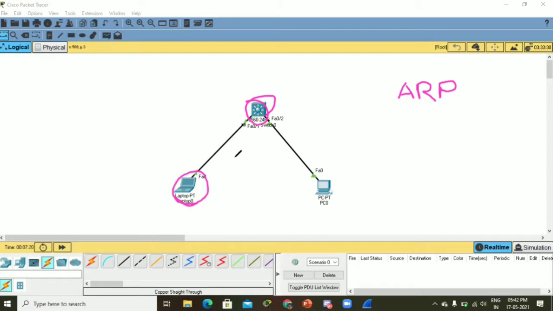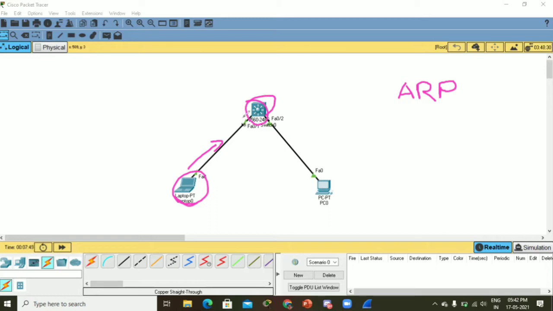What it does is it will send an ARP request to the default gateway. ARP request is a broadcast, so it will be sent to every device in the same subnet. Every device in the same subnet will receive the ARP request.